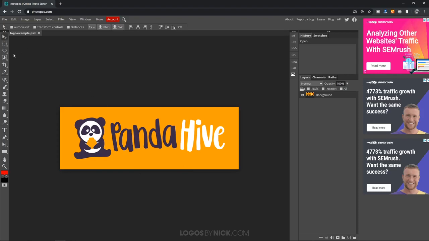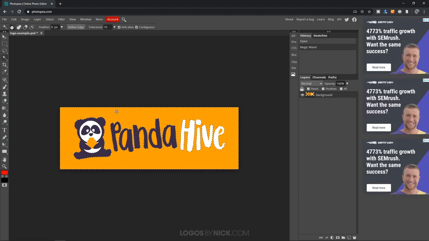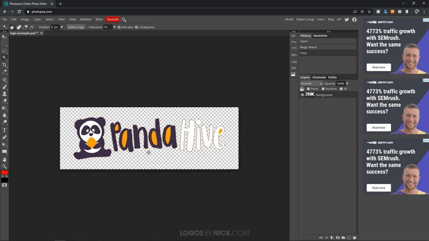So to do that, I'm going to come over here to this tool on the toolbar that says Object Selection, and I'm going to click and hold on that until we get this flyout menu. And from this flyout menu, I'm going to choose Magic Wand. And with the magic wand selected, I'll just go ahead and click on this yellow area over here. It doesn't matter where you click, just go ahead and click anywhere. And it's going to create a selection around the entire yellow area. And once we have that selection created, I'm just going to press delete on the keyboard to get rid of